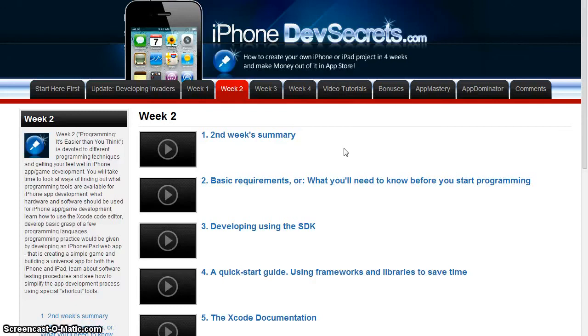Programming practice is given by developing an iPhone iPad web app during week 2. You will create a simple game and build a universal app for both the iPhone and the iPad. That's during week 2. You'll learn about software testing procedures and see how to simplify the app development process using special shortcut tools. So you learn that in week 2, and the modules are